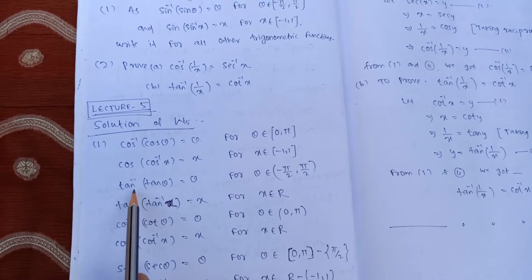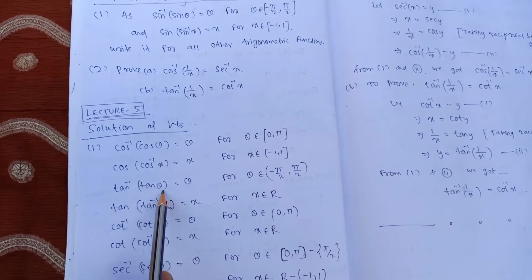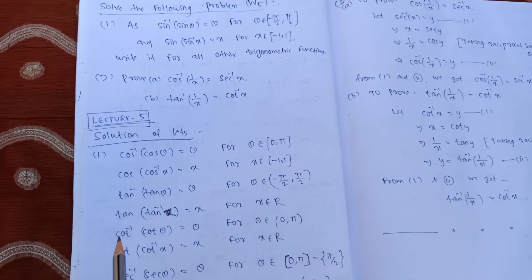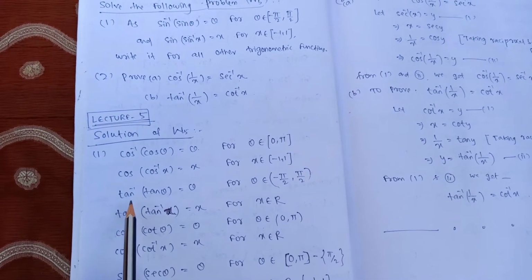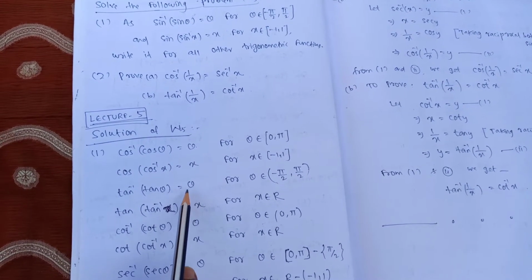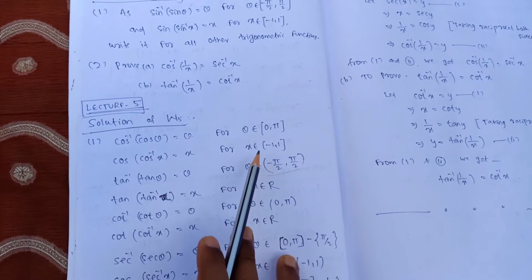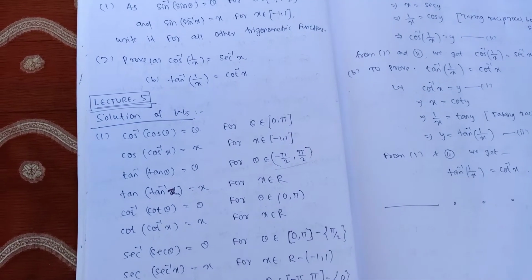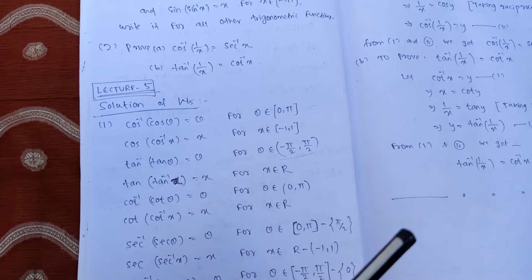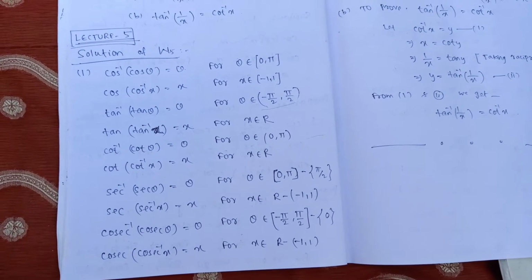Similarly in case of tan inverse and tan, they will be cancelled out only when this theta belongs to this interval. Which interval? It is minus pi by 2 to pi by 2. Okay. Tan inverse of tan theta is not always theta. It's true only if that theta belongs to the branches. Okay. And of course we are assuming for every inverse trigonometric function the principal branch. Okay. So here are the solutions. And of course you have to remember these formulas also.